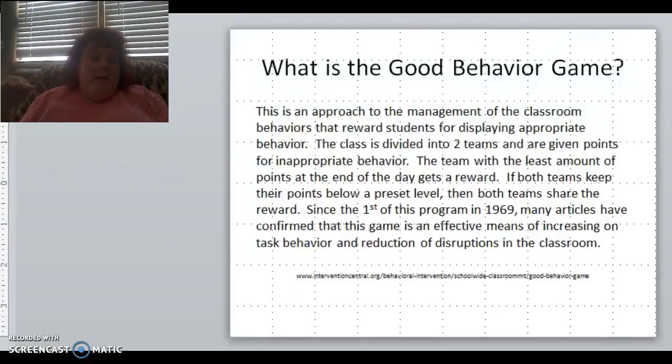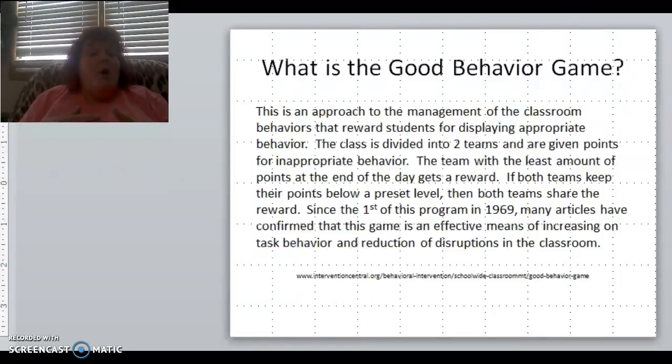And you can have preset levels. Say, okay, nobody can get over 5 points today. And if they both hit, say 3 points or 3 and 2 points for the whole day, which is really an awesome number, they share the reward. And sometimes when the whole class gets to share a reward, it kind of brings about a camaraderie, and their peers become better at understanding, and it helps the students help those who need help with, hey, let's not do that because we're going to get in trouble or we're going to lose points. And making it a game makes it fun.